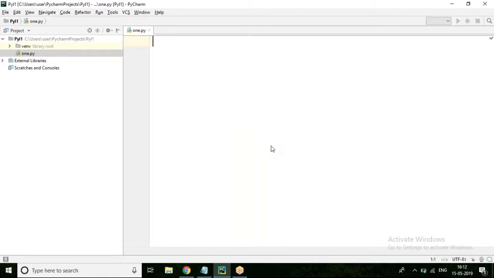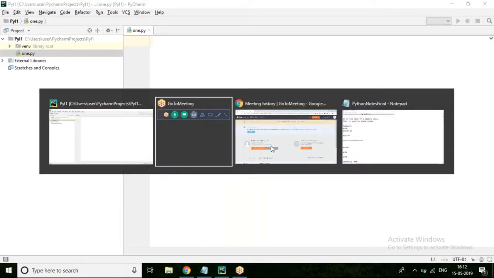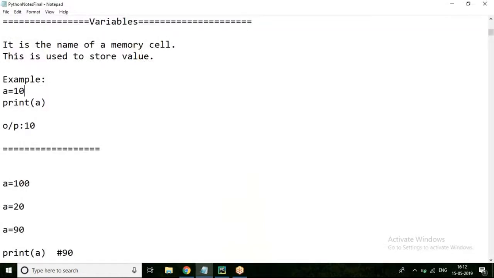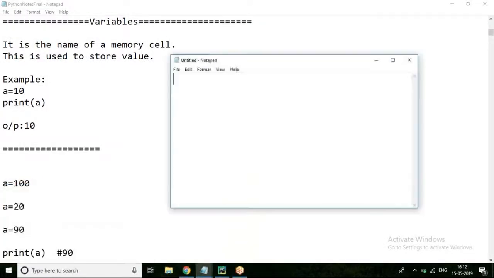Initially, let us say I want to print hello onto the monitor. In any of the programming languages, wherever you do encounter this symbol, this is called as what? Function or method.